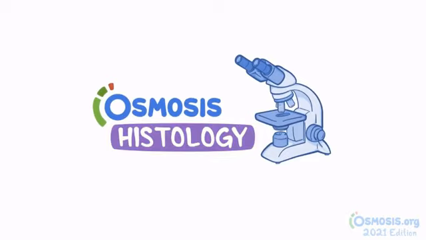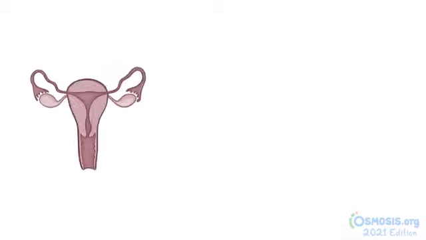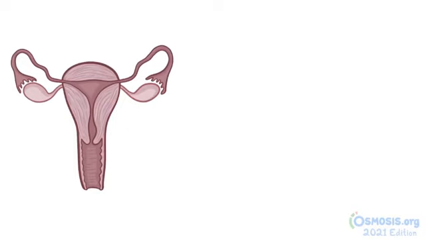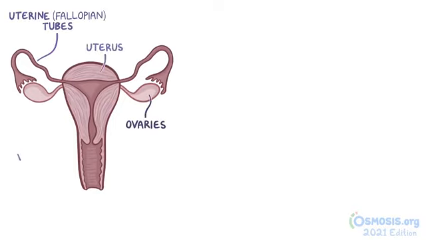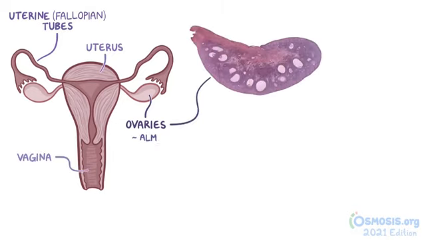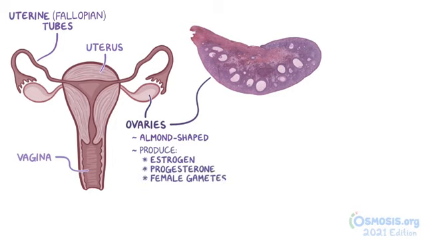Now, let's get a closer look. The internal female reproductive organs consist of the ovaries, uterine or fallopian tubes, uterus, and vagina. The ovaries are almond-shaped structures that produce steroid hormones like estrogen and progesterone, as well as the female gametes or